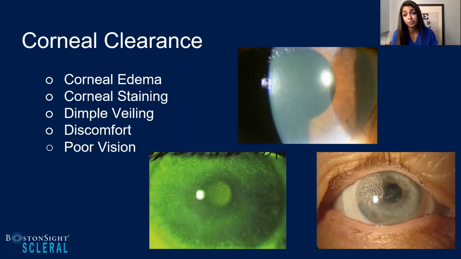And then lastly, poor vision. So we obviously know that fogging is a big issue with scleral lenses, and oftentimes this can be due to the quality and quantity of your tear meniscus height. And a lot of this can be related to your corneal clearance. So one is assessing how much, but two is looking at the quality of that tear meniscus. How much debris, how much fog do you have in that, and how is it affecting your patient?